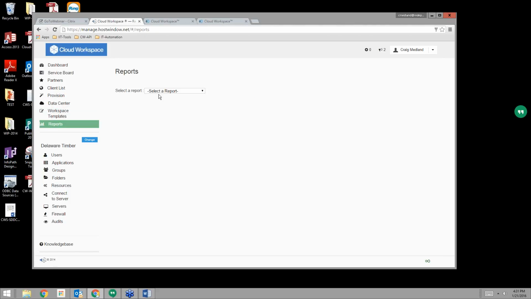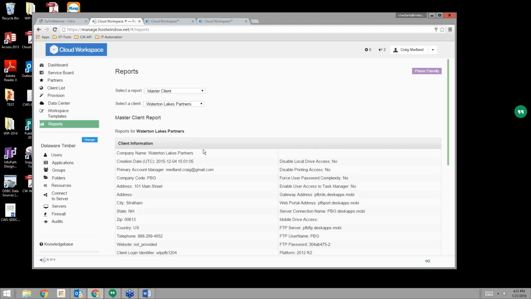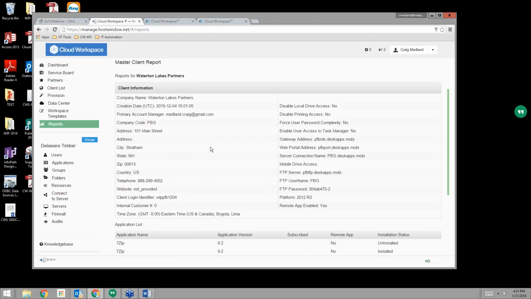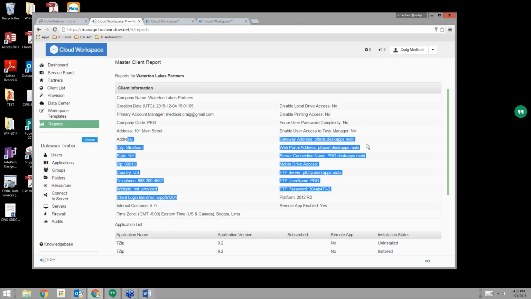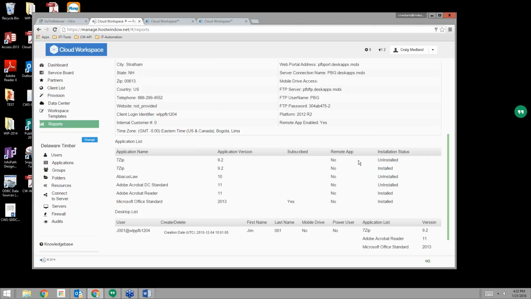Once that client is spun up, you can go into a reporting section. If you want to see the attributes and characteristics of that particular client, you can go into the master client view, one of my favorite views, and see all the attributes for that client: everything from the business information you've entered, to the gateway address, to the server connection name.